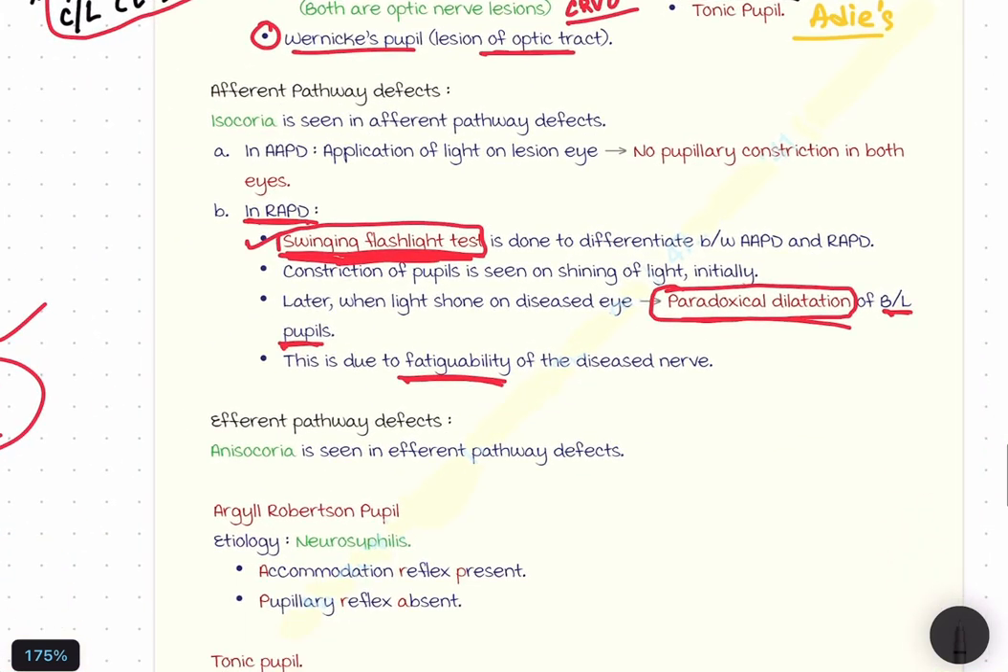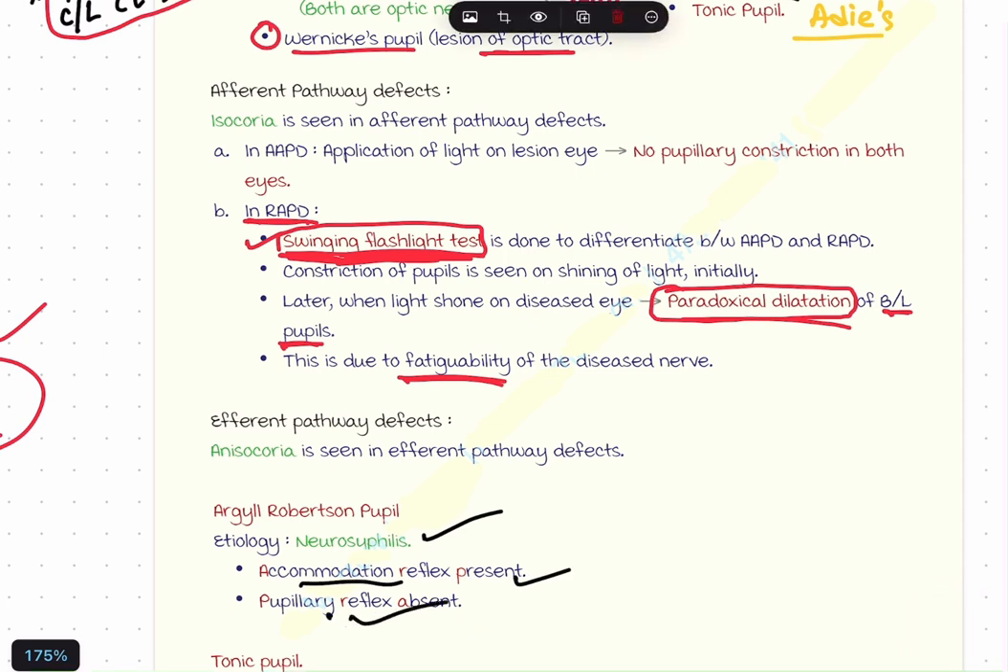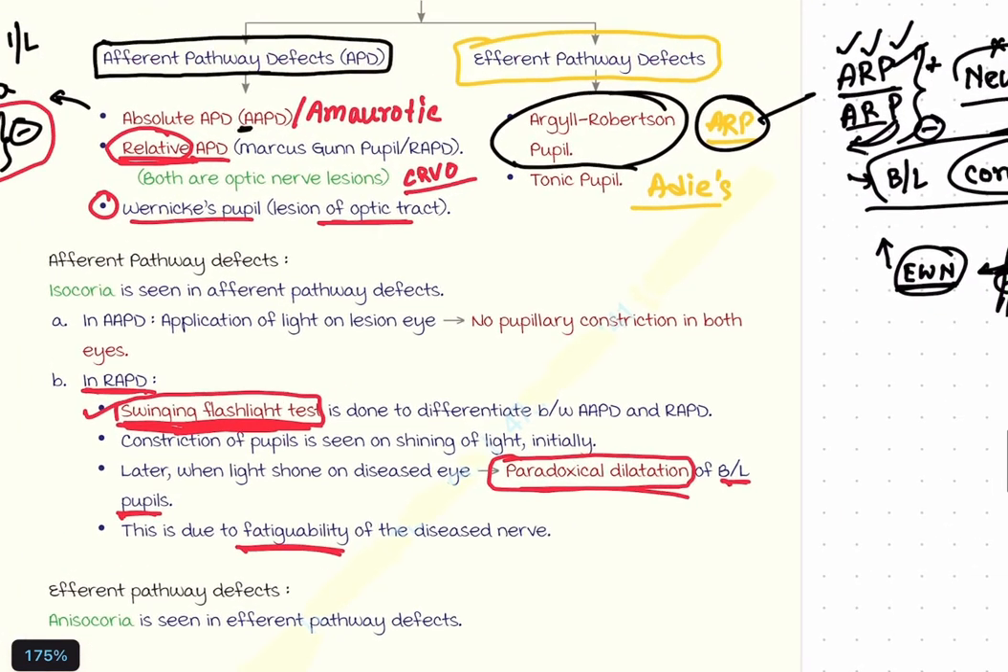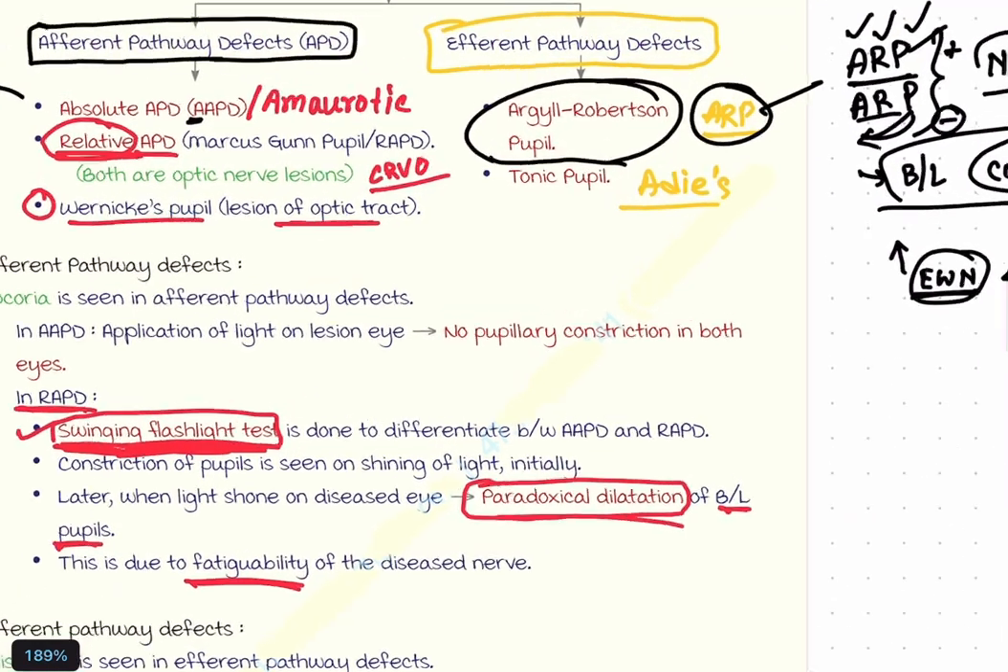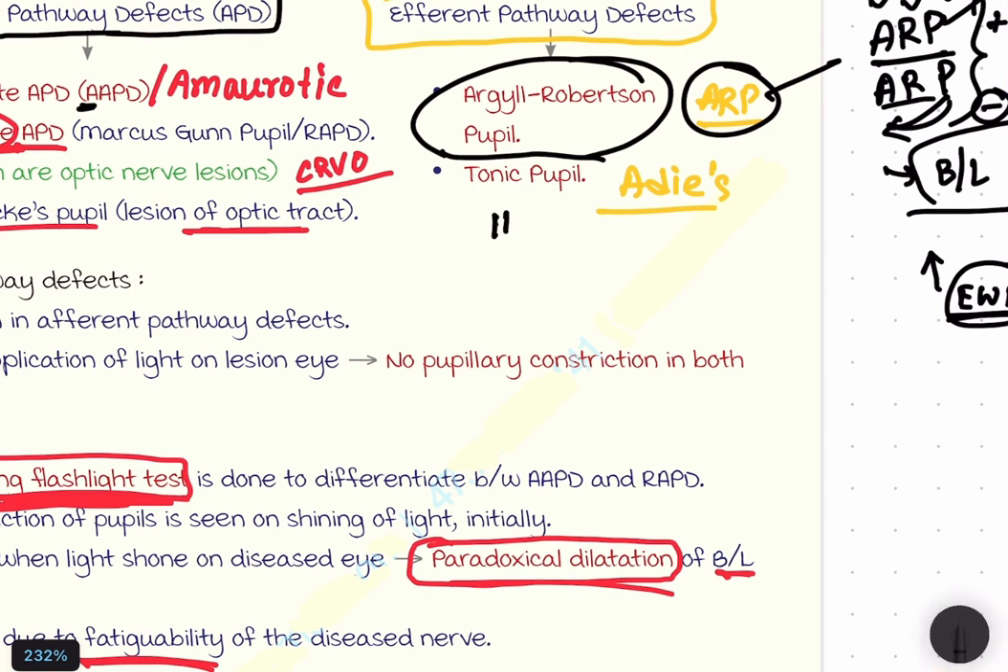So you can see neurosyphilis, accommodation present, pupillary reflex absent. Okay. Now what is tonic pupil or Adie's pupil? Adie's pupil is associated with herpes simplex, herpes zoster virus. Okay, it is associated with herpes zoster virus, and here the tonic pupil means the pupil on presentation, whichever eye